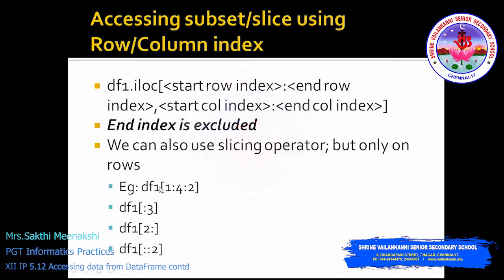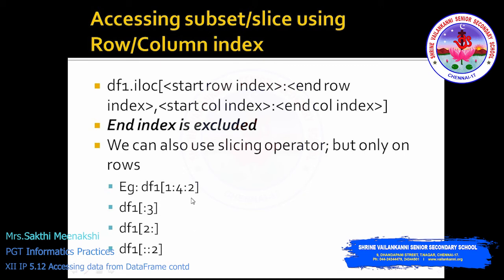So this is the example, df1[1:4:2], you know the start, stop, and then the step value, the slicing operator, okay. So from the first row till the last row, excluding the fourth row, we are going 2 steps forward, right. So like this, the first 3 records we can fetch, the last 2 records we can fetch, and we can fetch the alternate records using this one, ::2. We can also use the negative values.